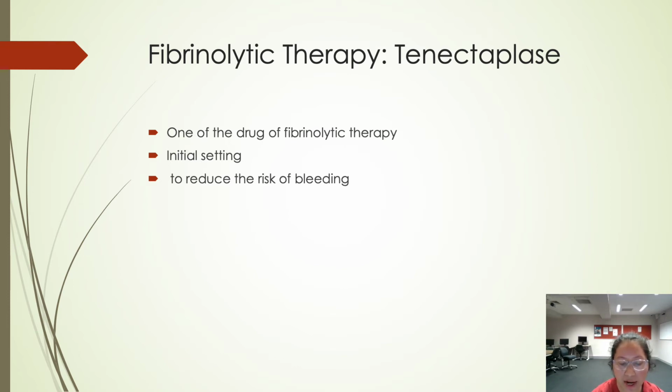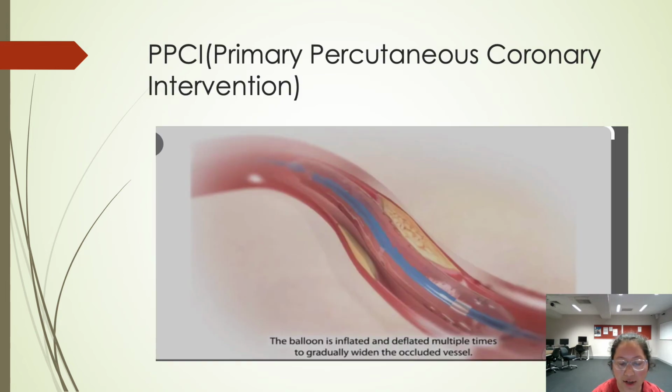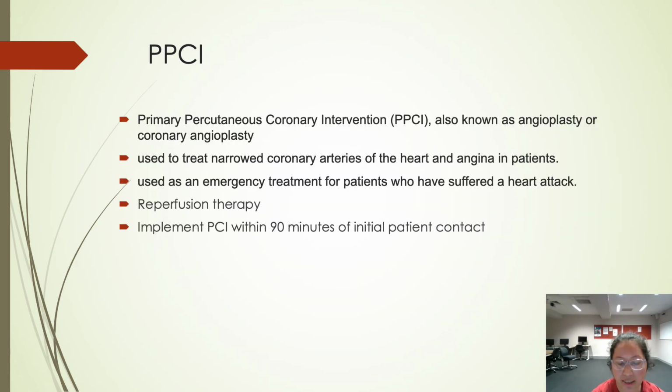Coronary angioplasty or primary percutaneous coronary intervention is a procedure used for treating narrowed coronary arteries of the heart and angina in patients. It can therefore be used in emergency situations for patients who have suffered a heart attack. During primary percutaneous coronary intervention, the coronary arteries are unblocked. A small balloon is inserted through an artery in the groin or arm by using a catheter, which is a hollow tube. By inflating the balloon, the fatty tissue in the narrow artery is pushed out of the way, improving blood